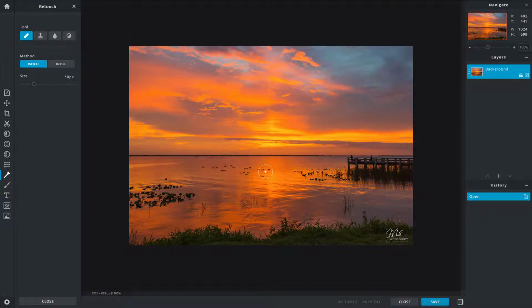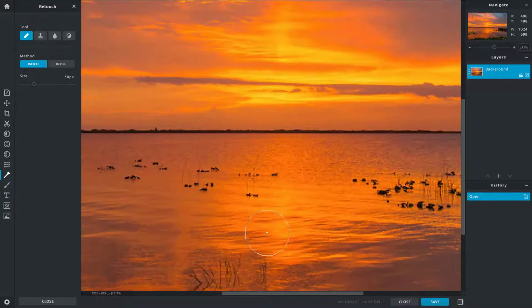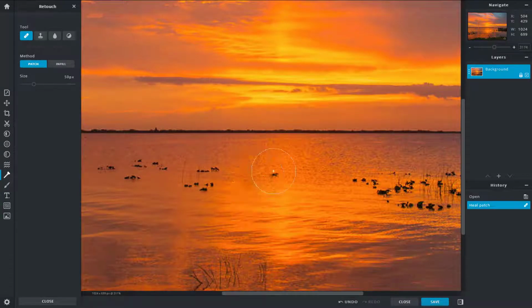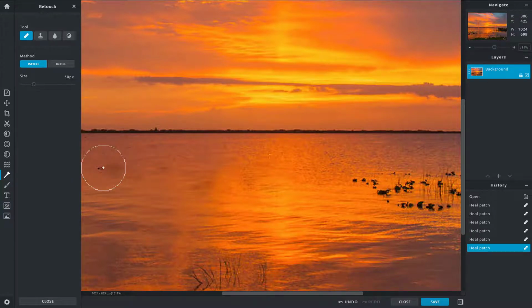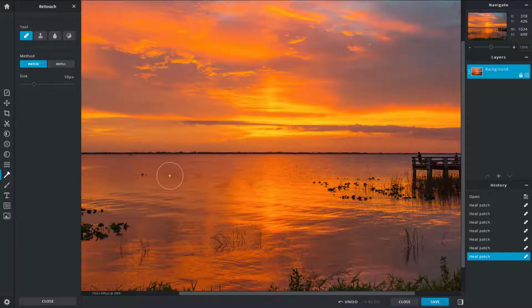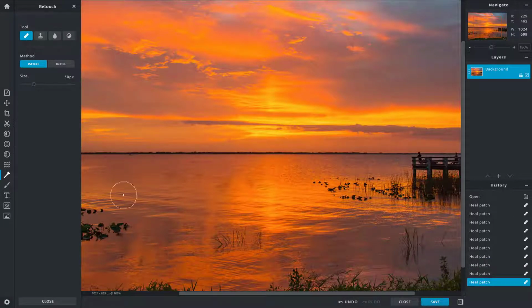So you get a brush right over here, and here you can see that there's black dots all over. If I were to go over here and click it, you can see that it disappears. If I were to click and drag it, you can see that it disappears right over here. So click it, and it disappears. What it does is it sees what is there in the surroundings and tries to smoothen things out right over here. So that is what retouch does.